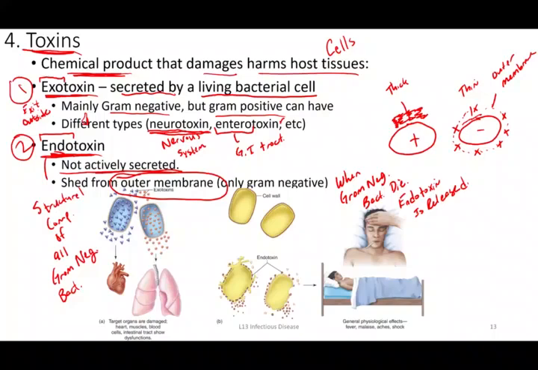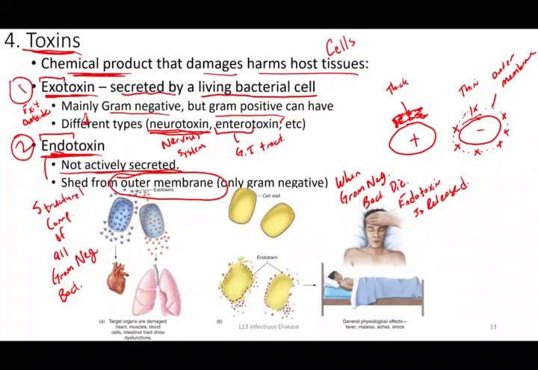All we're saying is when a cell dies, they don't remain intact. They start to degrade and just break into pieces. And so it's at the time of cellular death, and that can be your immune system killing the bacteria, antibiotics killing the bacteria, or the bacteria, inevitably cells just have a certain lifespan. And so when these gram-negative cells die, their parts are going to be released, and one of those parts that's released is this molecule called endotoxin.